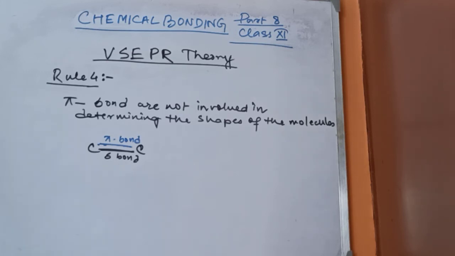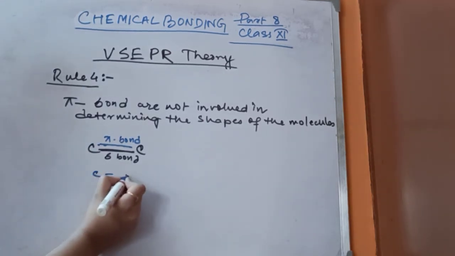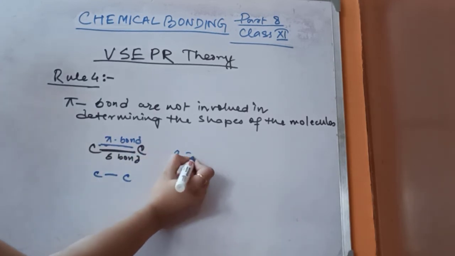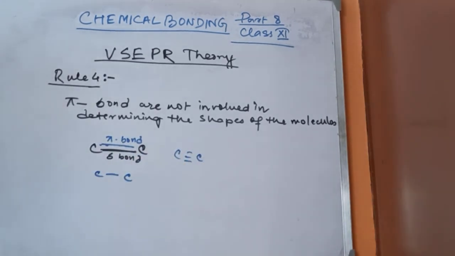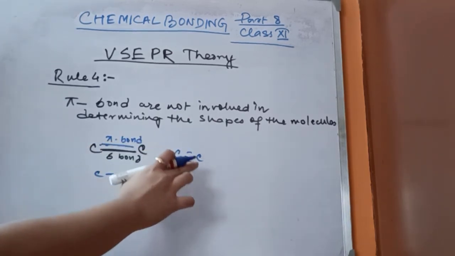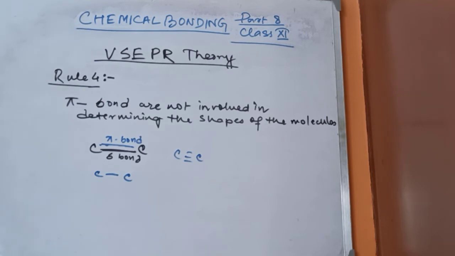But there is a fact that the triple bond as well as the double bond occupy more space as compared to a single bond. You can understand that if there was a single bond, the space occupied is much less than when there is a double bond or triple bond. So a multiple bond means a bond greater than one; double bond and triple bond can be considered as multiple bonds.